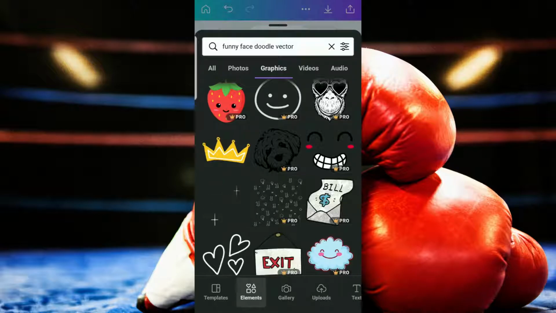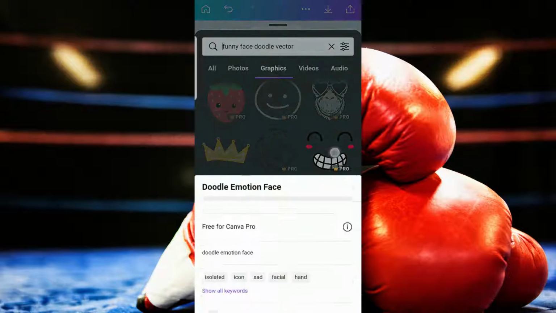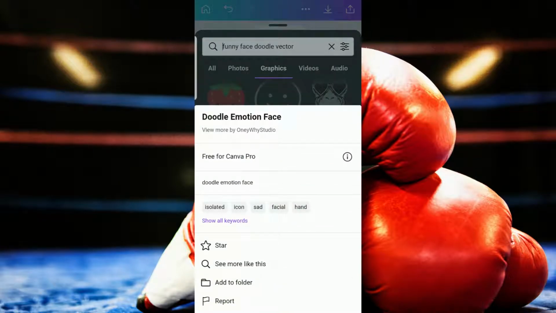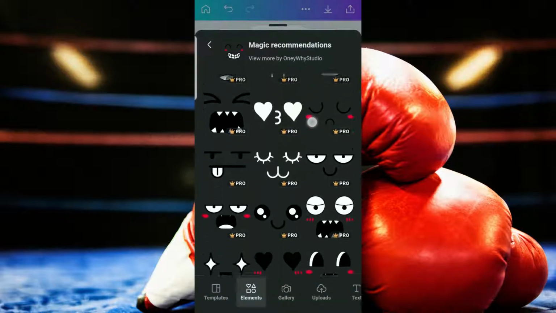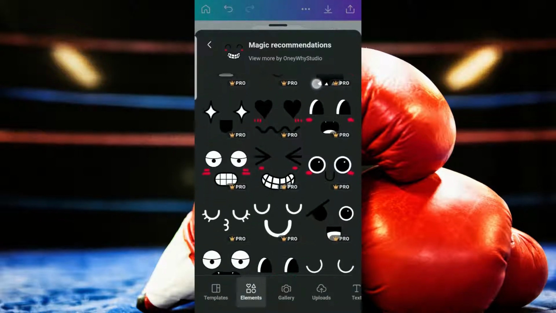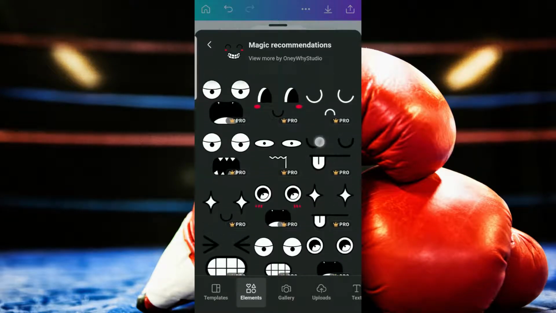Canva will give you some options here. At the bottom of your phone you will see star, see more like this, add to folder, and report. Let's go to see more like this, and we have these various options here. I'm just showing you an example here. So yeah,